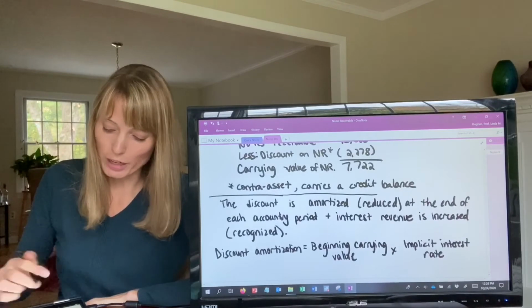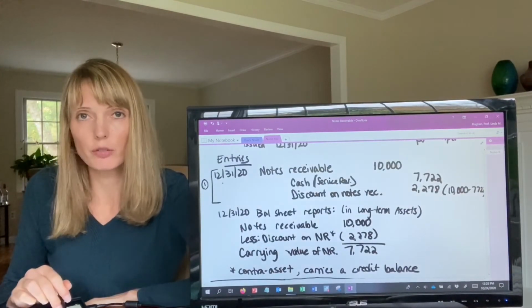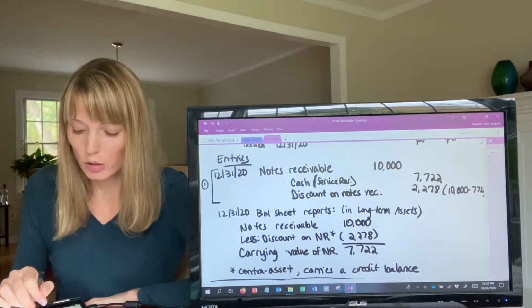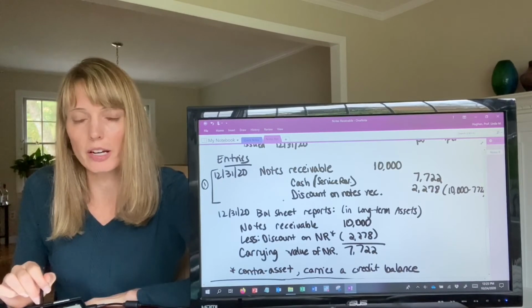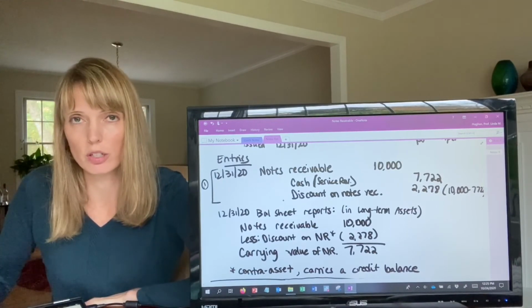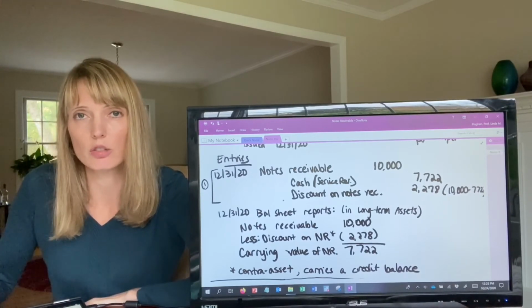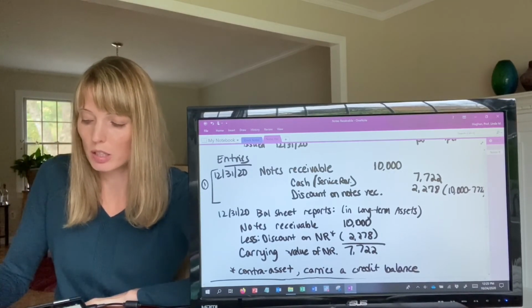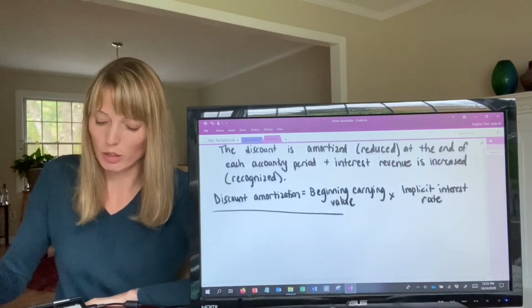Okay, so let's go back to our journal entries. December 31st, 2020 was the issuance of the note. We put it on the books. Nothing else happens. Remember, there's no periodic receipts of interest, but we still record interest. Even though we don't get a cash receipt of interest, we still record the interest revenue. We know that it's implicit, the difference between these two numbers. So let's now, the next year,